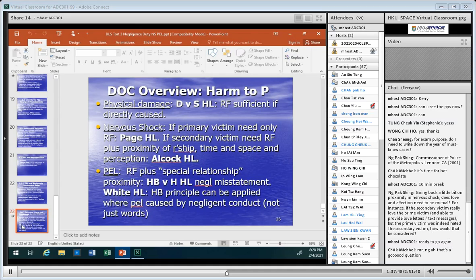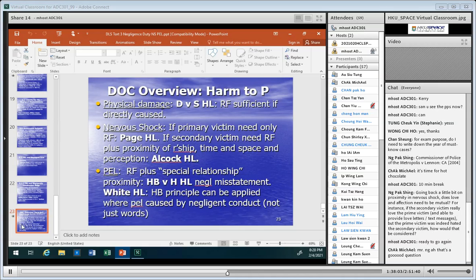So everybody, the second bullet point, very, very important, comes up quite often in exam questions, not difficult. Normally students handle this quite well, but make sure you're clear on the distinction between a primary victim and a